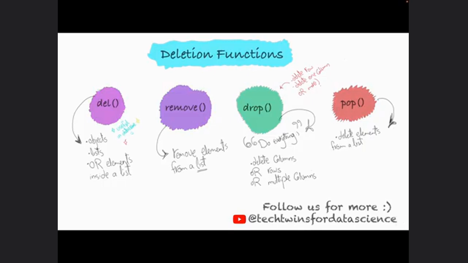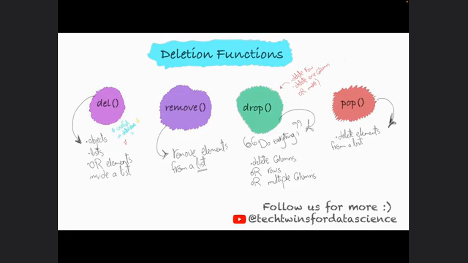My name is Roni, and today we're going to talk about deletion functions. As you can see here, I have selected the four functions that are useful for deletion in case you want to remove rows from a specific data frame, columns, or even multiple columns, as well as some elements from the list. So first we have the del function, and it's pretty useful as it can delete objects, lists, or even